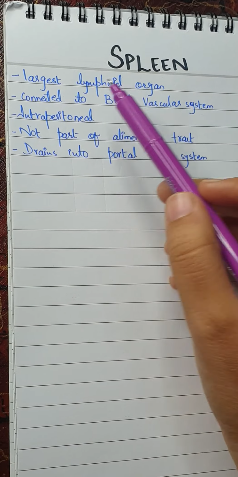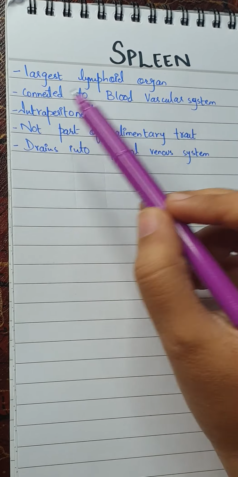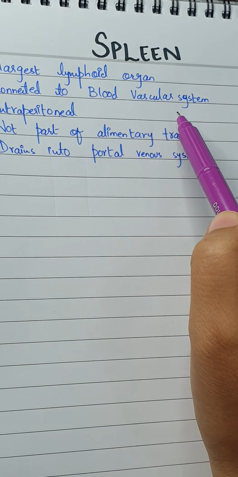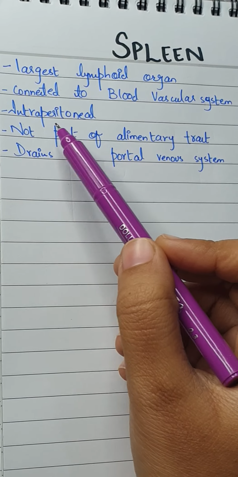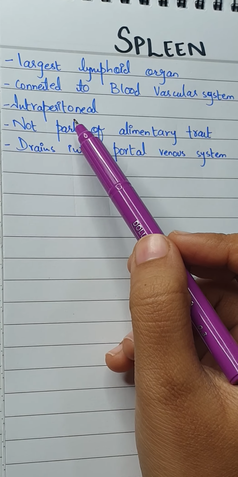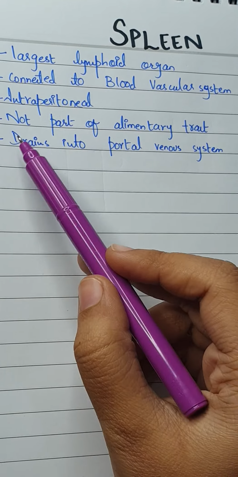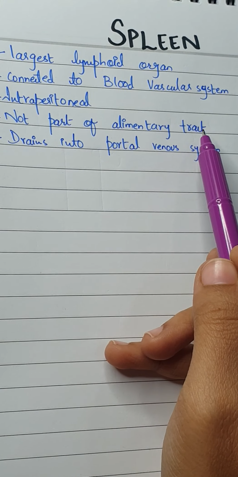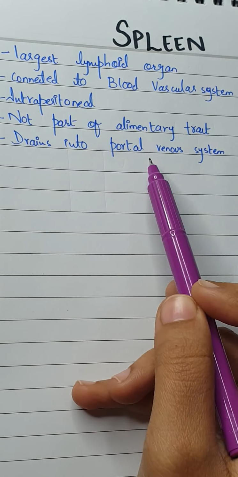So today we are discussing the anatomy of spleen. So spleen is the largest lymphoid organ. It is connected to the blood vascular system. The whole of spleen is intraperitoneal. It is covered by peritoneum, and spleen is not the part of alimentary tract, but it drains into the portal